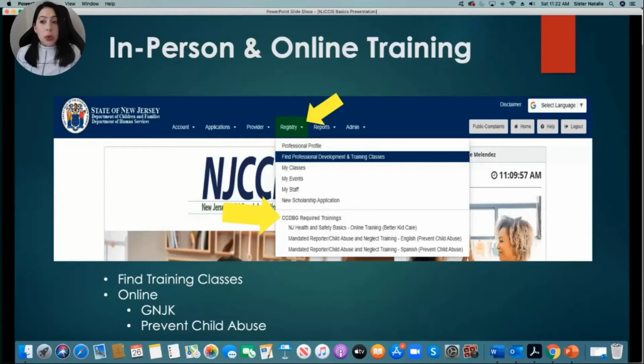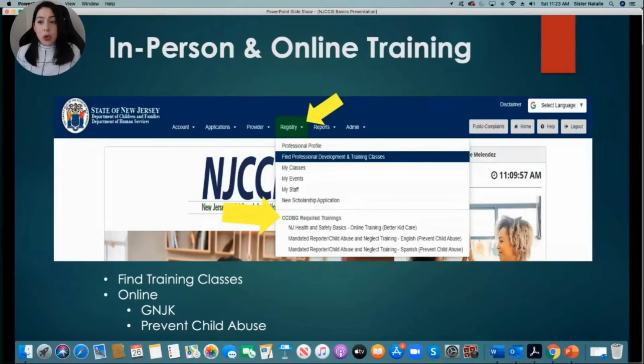And also this is where they will be able to approve or deny a person that is trying to associate themselves to their center. The new scholarship application is just another way to get to scholarships. And then the bottom three choices right now, they do look a little different on the system right now, because